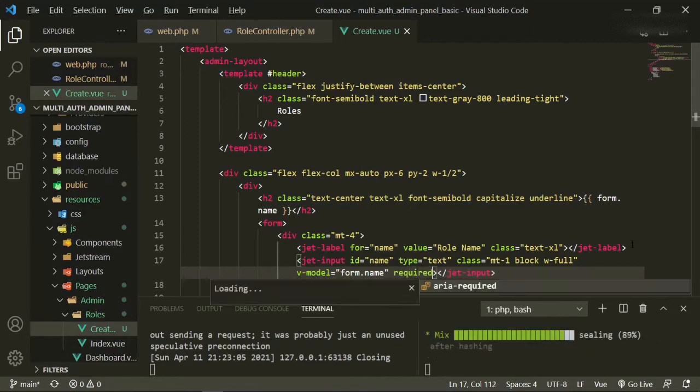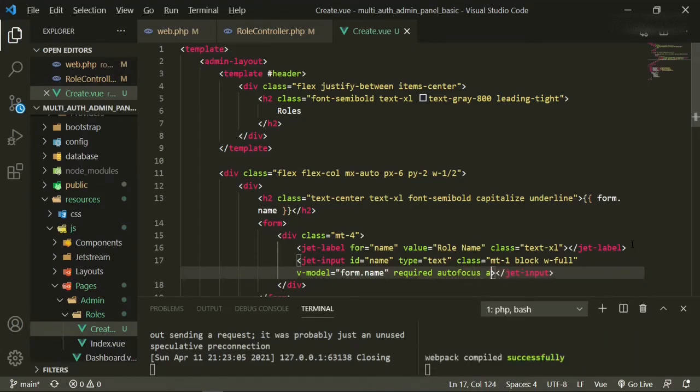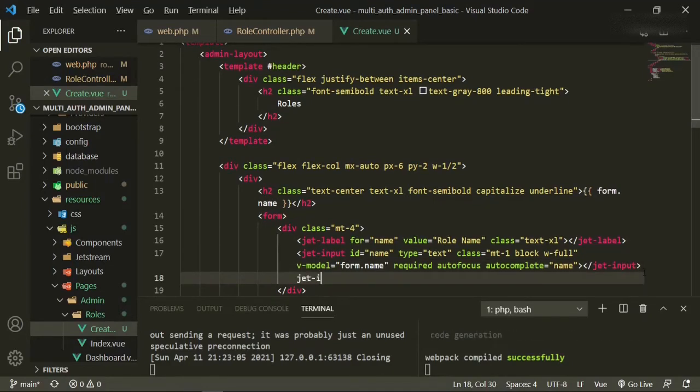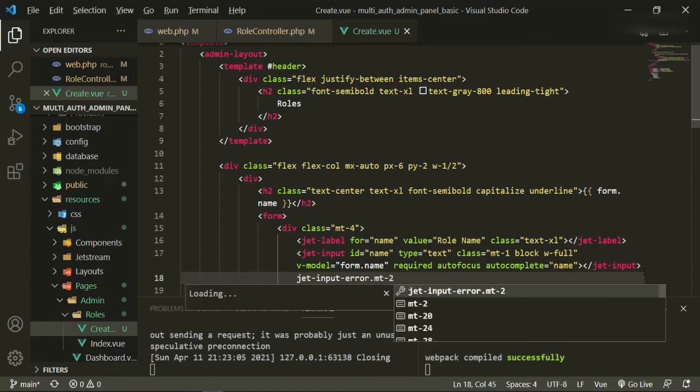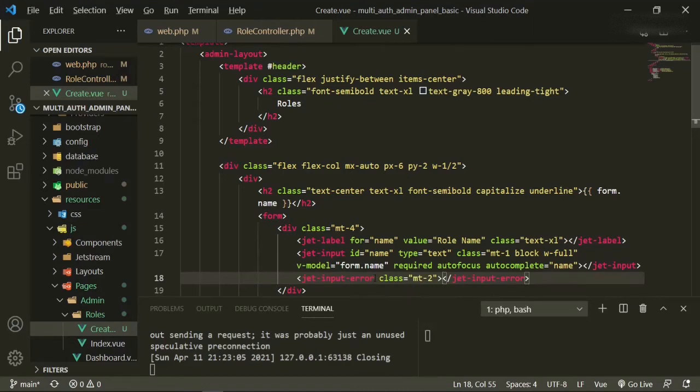and then we're also going to have a required on here, an autofocus, and autocomplete equals name. The next one we're going to put is jet input error with the class of mt-2, and we also need to put in here message equals form.errors.name.